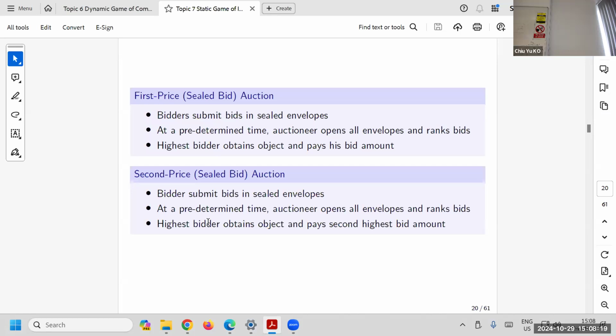But this one, you have to guess, right? To form the idea of what other people want to pay. I have to try to beat them, because if I don't win, I want to beat you guys. But I don't know how you are going to pay. I have some idea what you guys want to pay, then I want to beat it.